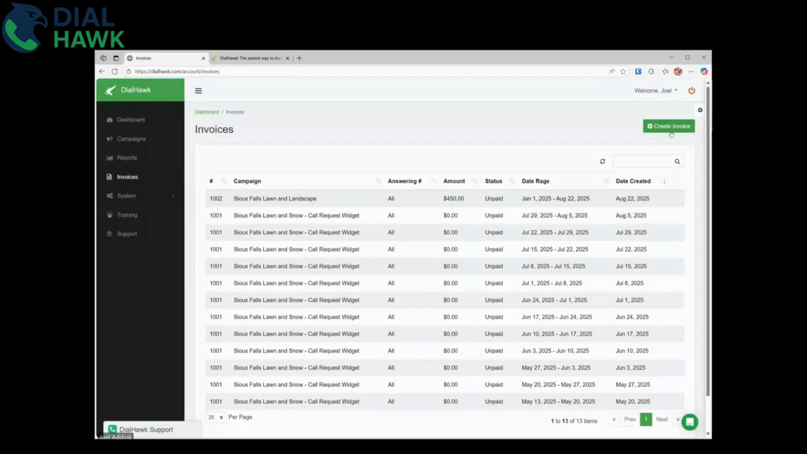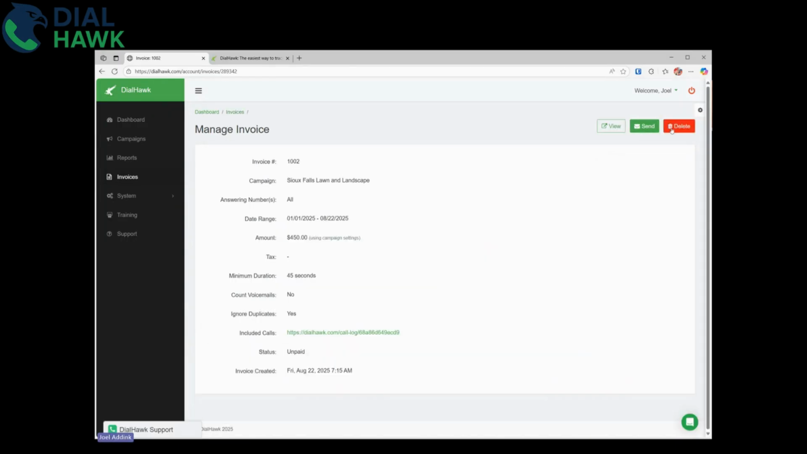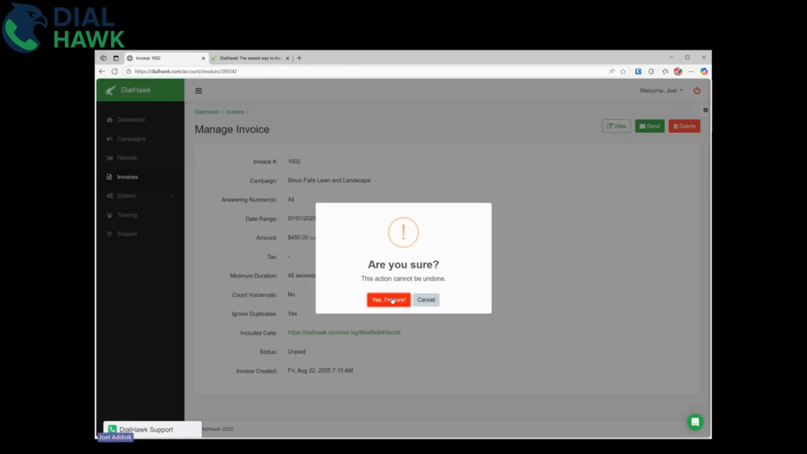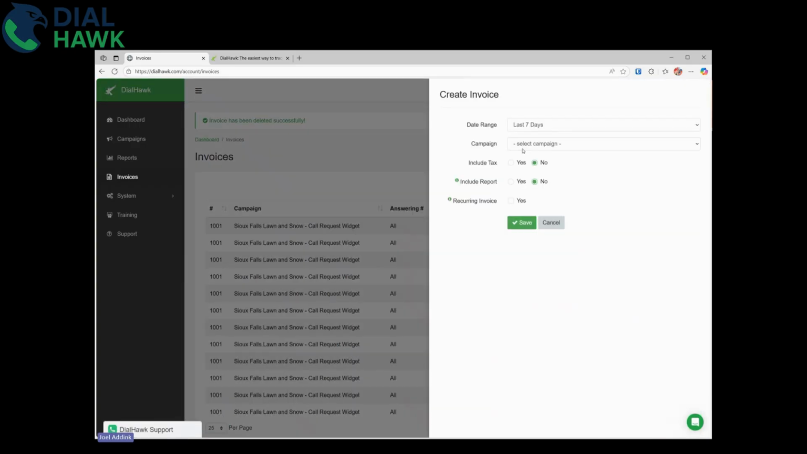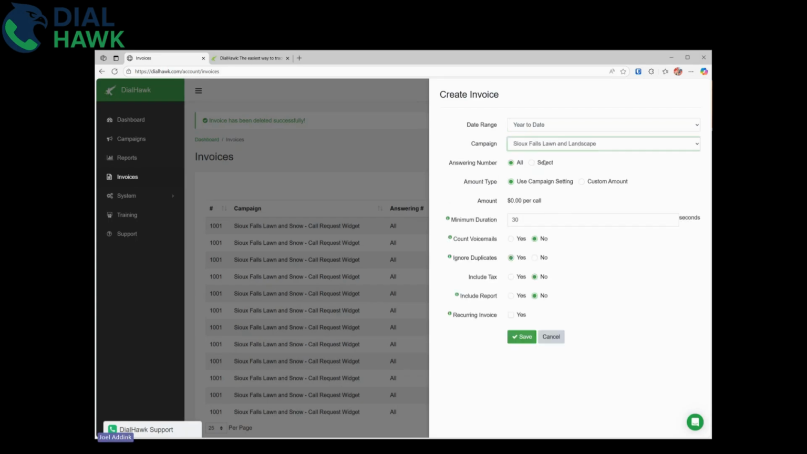So I'm going to create a new invoice. I'll show you one that's already created. I'm going to delete that one, and we're just going to start fresh. So I'm going to create an invoice, and we have some filters we need to select. I'm going to do year to date for the time range, and I'm going to do Sioux Falls Lawn and Landscape. I'm going to do all answering numbers, and I'm going to use a custom amount